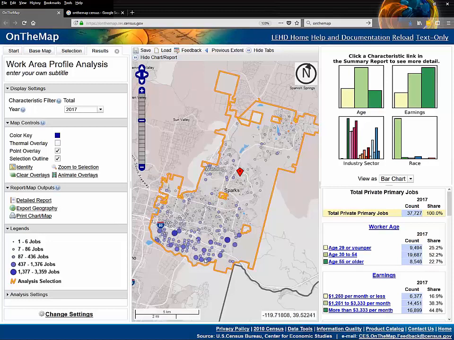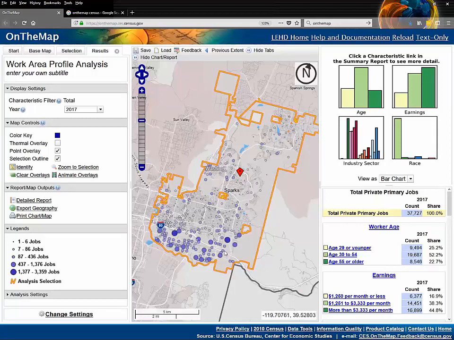And what we see are a series of blue dots all within the boundaries of Sparks. These dots each represent one census block, and the number of jobs where the employment location is in that census block is given by the size and coloring and is shown over here in the legend on the left-hand side. So we can see there's quite a lot of employment at the southern end of Sparks along Interstate 80. There is other employment distributed throughout Sparks, but it's not this dominant job center that is here along Route